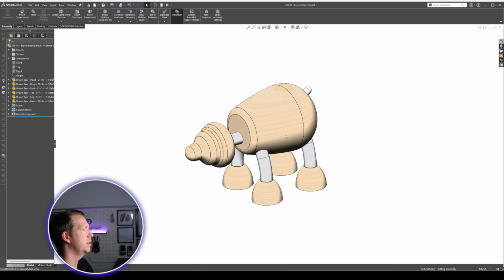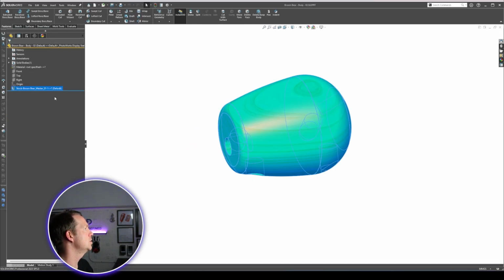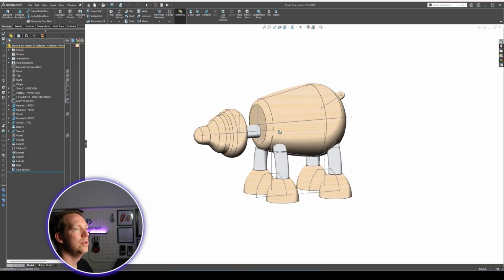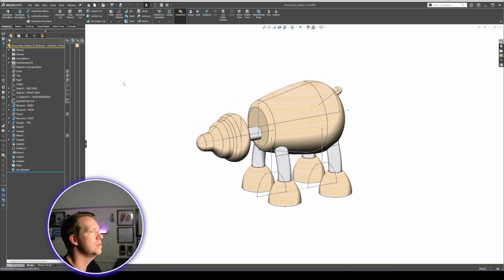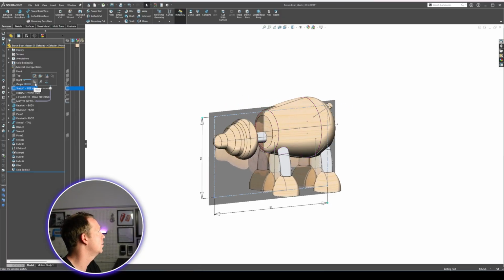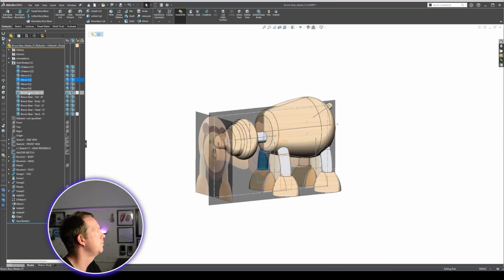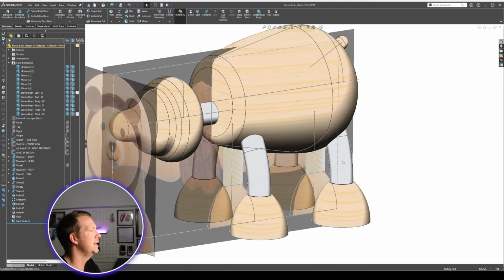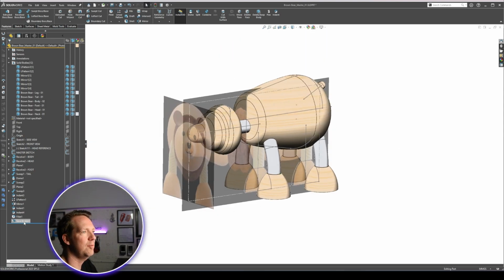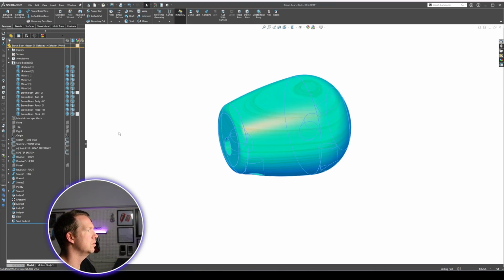Let's jump in. So in this series, what we've done is created a master part, which I can show you by coming back to this file. So brown bear master, and you can see here I'm in a part file. I have a series of sketches. These sketches had some images attached to them. Using the sketch tools, I had those in, and I have a series of bodies in this file. And then what I used to create the child parts is I used a save bodies feature, which you can see down here. And when I saved bodies, I saved out these 6 bodies into a child part,